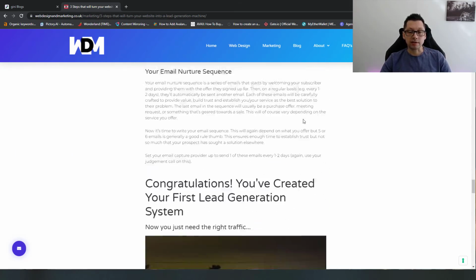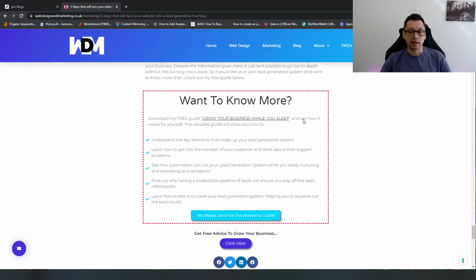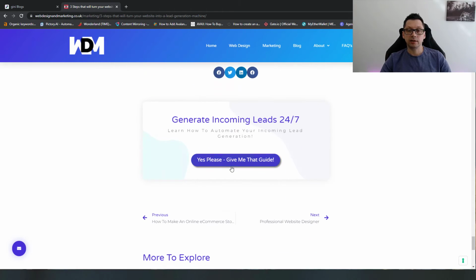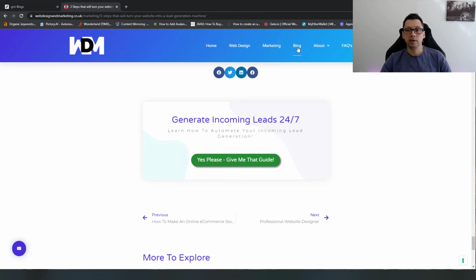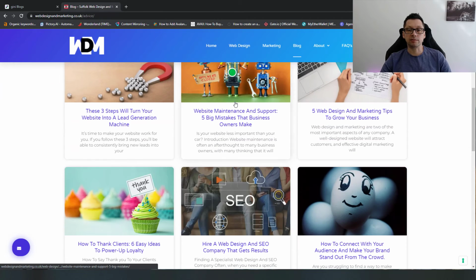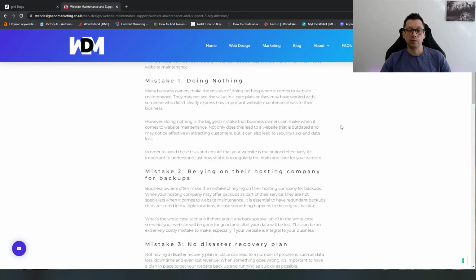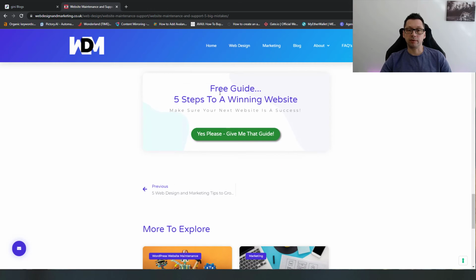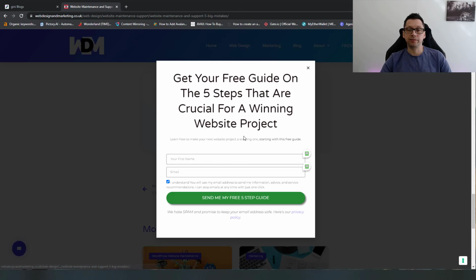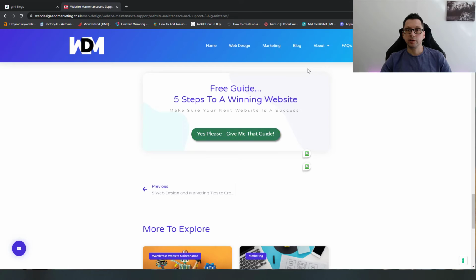But if we go down to the bottom, we can see there is that same guide, generate leads, because it's a marketing post. If we go back to the blog and look at this one, we can see that's actually more to do with web design. So when they get to the bottom of this one, because they're looking at web design based content, 5 steps to a winning website. So it's really just a case of making sure I target the right lead generation system